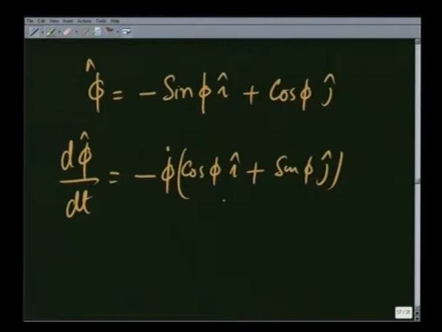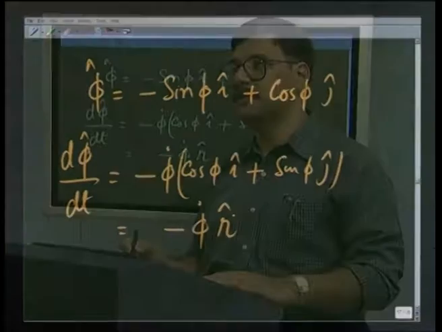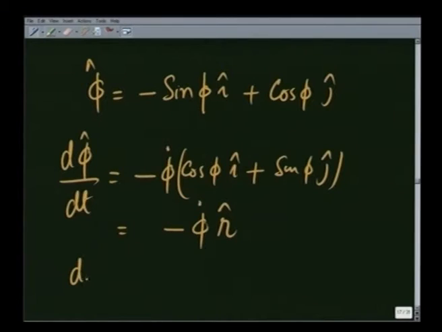I left the steps in between because I have already worked them out, and this is minus phi dot r unit vector, gives the same answer as by geometrical argument. So, now we have both dr dt and d phi dt. Dr dt, you recall, was equal to phi dot in phi direction,